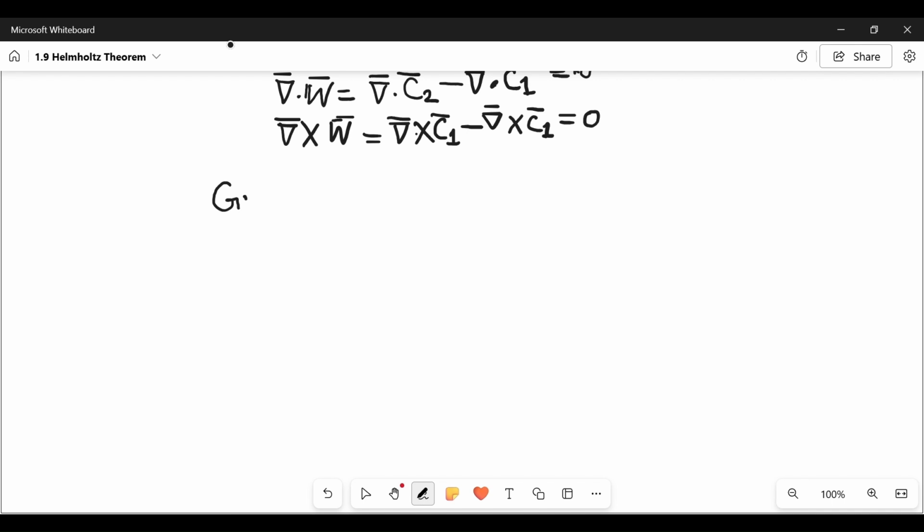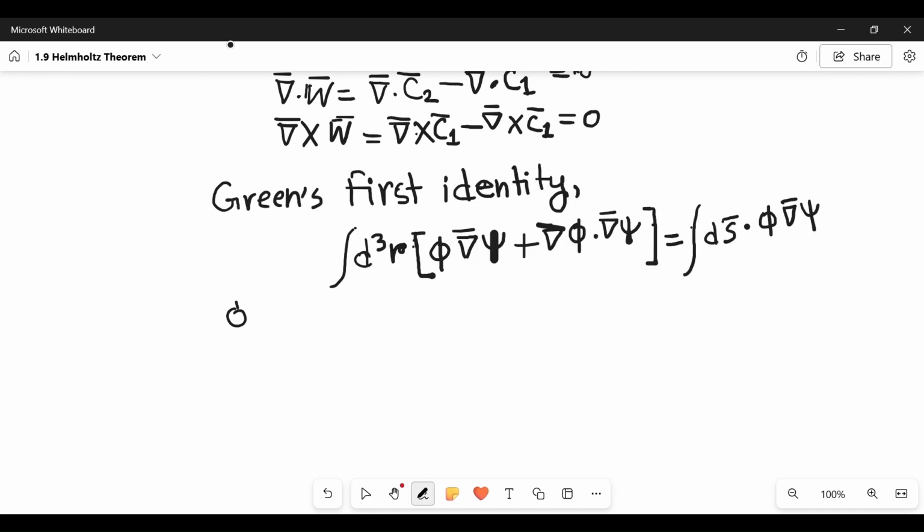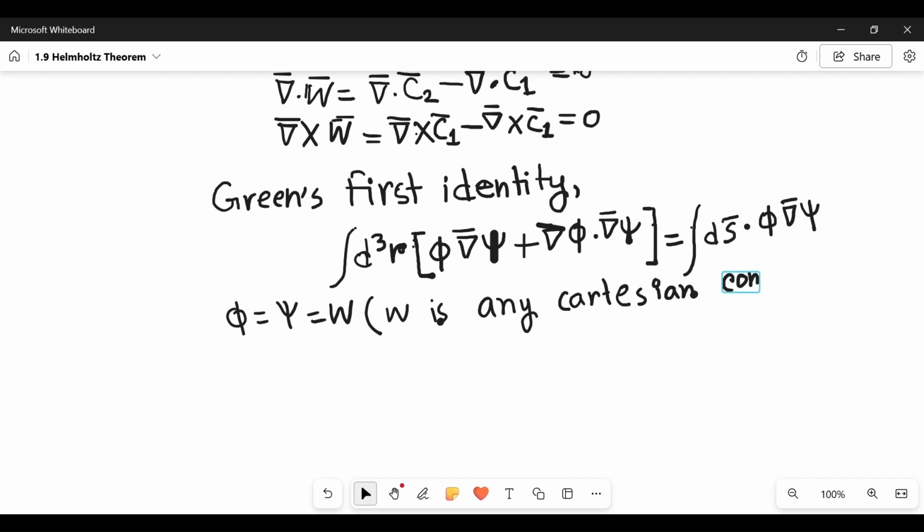So Green's first identity states, considering phi equal to psi equal to W, where W is any Cartesian component of vector W, like Wx, Wy, Wz. The theorem can be written